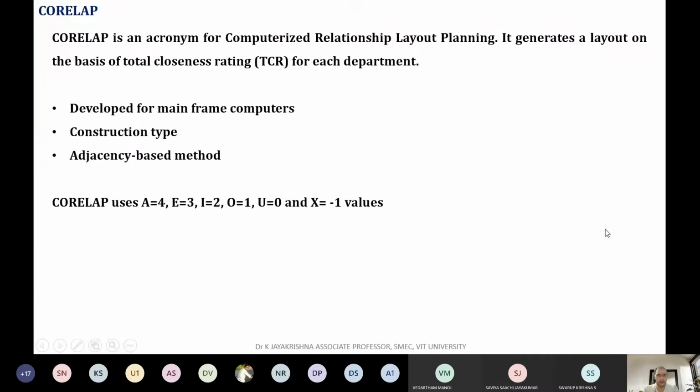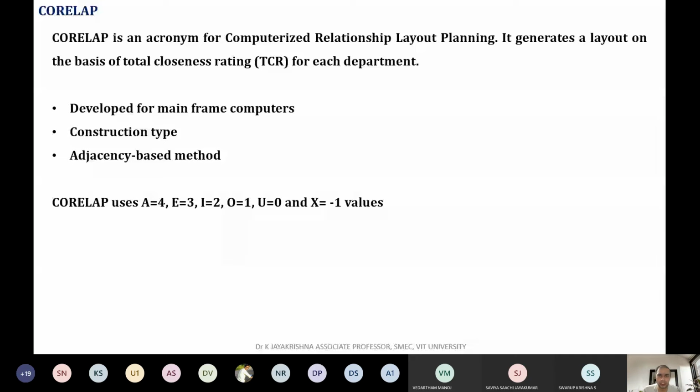Okay, so I hope you are able to look in the slide and I am audible, correct? Yes, sir. Okay, so in today's class, I also believe that you tried the last class problem using ALDEP by